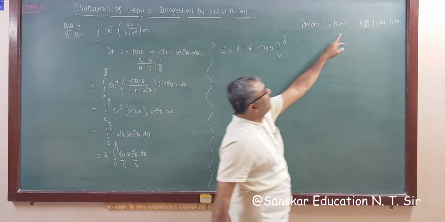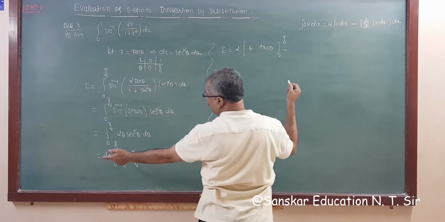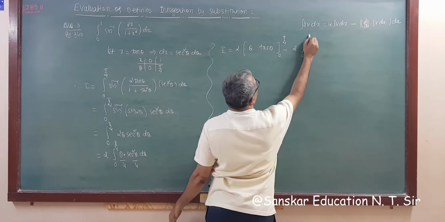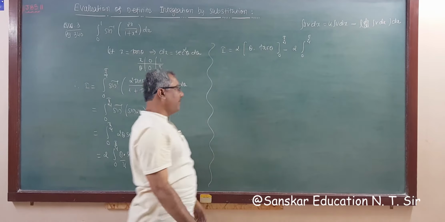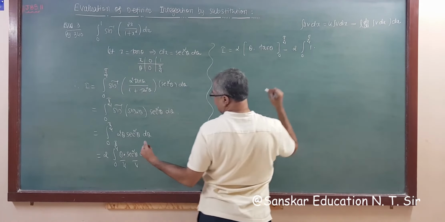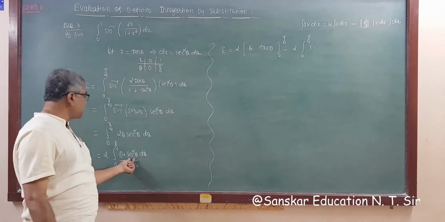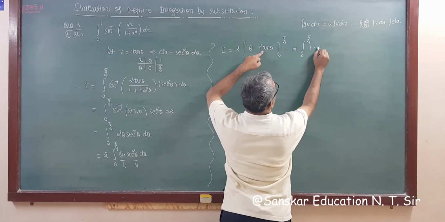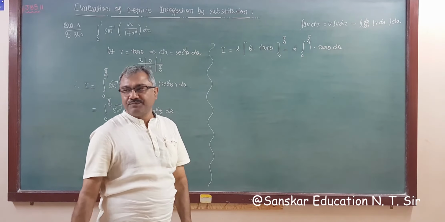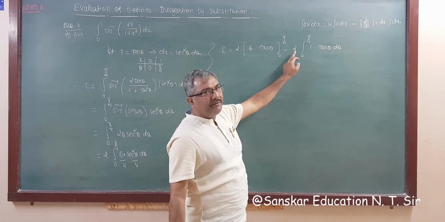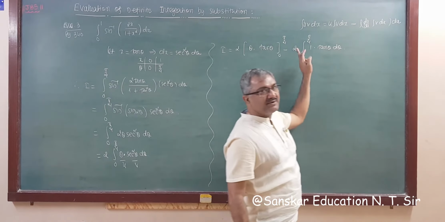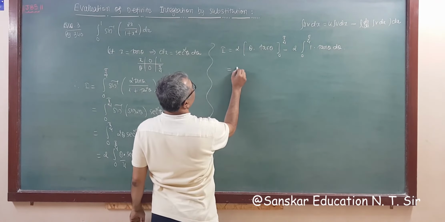Then minus. This is minus. But 2 is in multiplication, so I am writing 2 here again, right? Integration from 0 to pi by 4. The derivative of theta is 1, and the integration of v dx, that is the integration of sec square theta, is tan theta. So we get tan theta d theta. Got it? Now substituting the limit. Why do we multiply by 2? Because of these 2. So we have to multiply 2 here and 2 here. So that's why I am multiplying by 2. Okay. So this is 2.